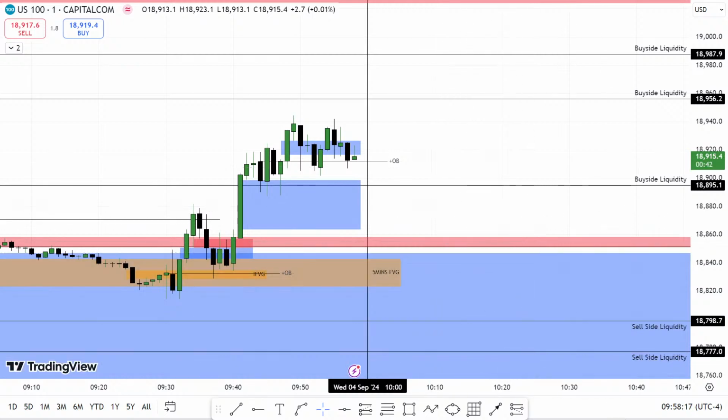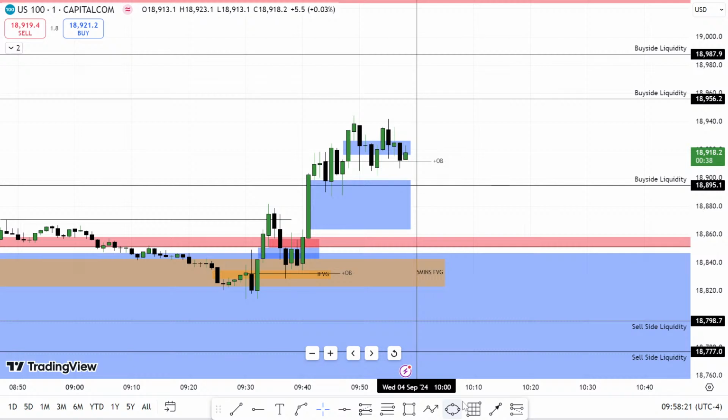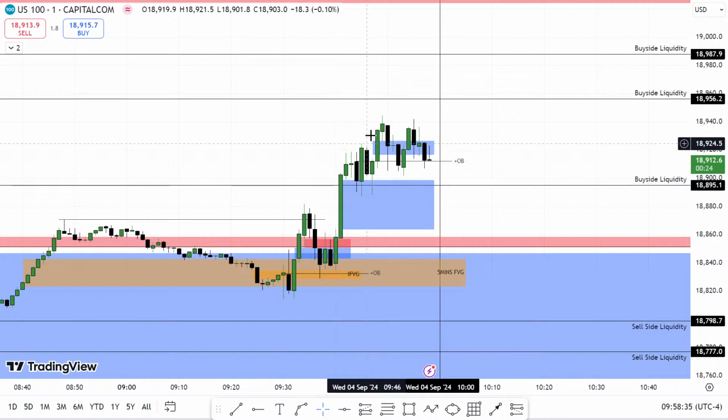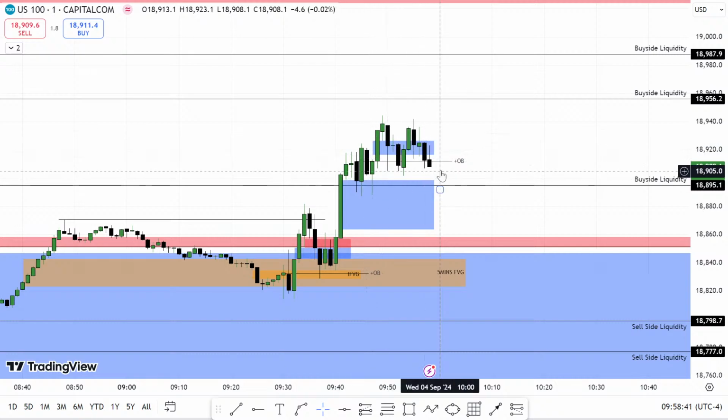So we have 2 minutes, right? So if your entry was just right here, you should have taken your profit here. If your entry was here when we were looking for it to reach for this buy side liquidity, you should have taken at least 90% of your profit. If you still wanted to hold, you should have held to this point probably, and that will be all for this session. We just have a few candlesticks to fill in at this point, and that will be it for trading this time window,